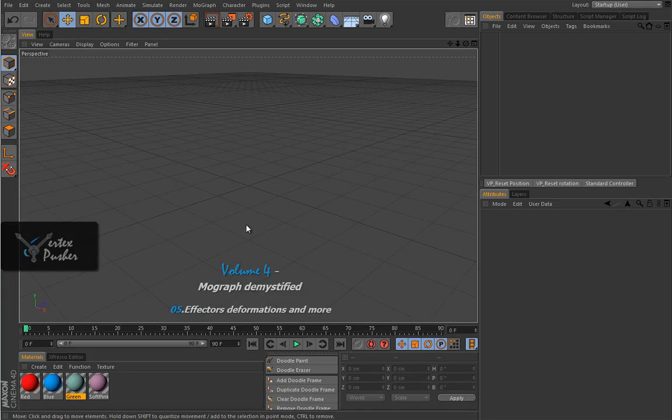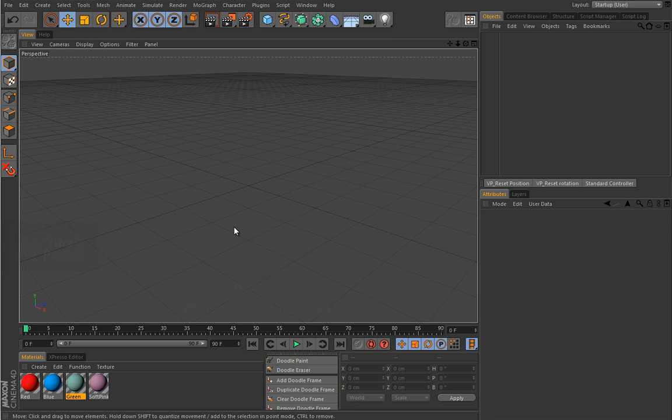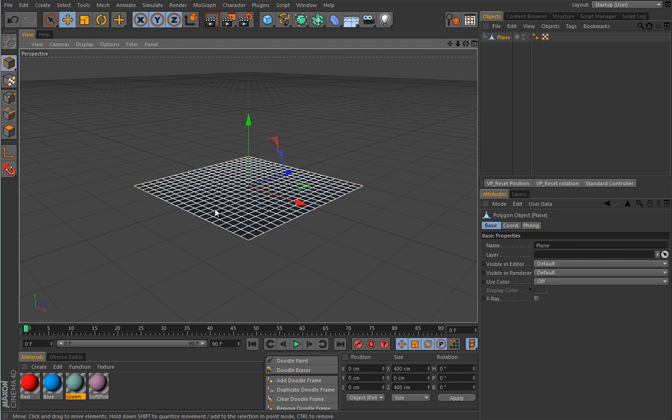In this lesson, we will talk about how MoGraph effectors can deform objects, and I think you will find this lesson to be very, very interesting. You notice here that I prepared some of the materials just to make things a little bit more interesting, so we don't look at that really dull gray default material, and let's create a simple plane